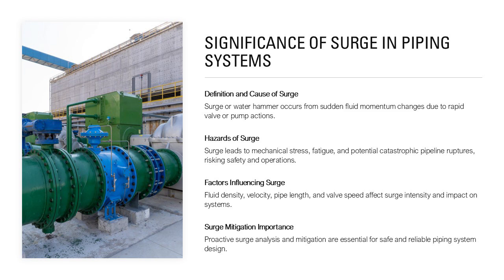Surge is not limited to liquid systems. Multiphase and even gas systems can experience momentum-induced forces during rapid operational changes. The phenomenon is influenced by factors such as fluid density, velocity, pipe length, and valve actuation speed. Inadequate consideration of surge during design can result in overstressed components, damaged supports, and compromised safety valves. Therefore, proactive surge analysis and mitigation strategies are integral to piping design and maintenance programs.